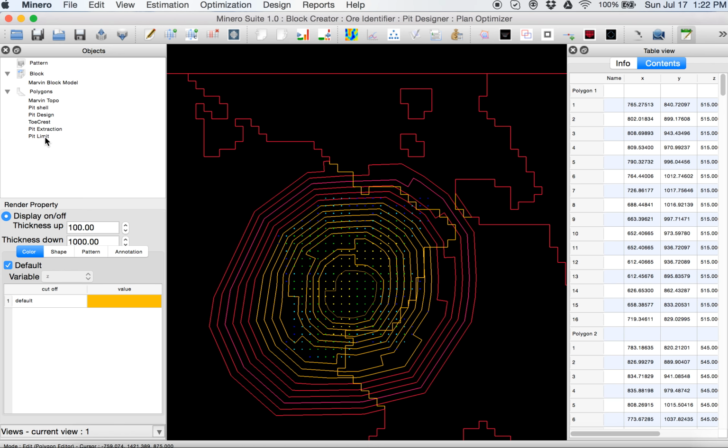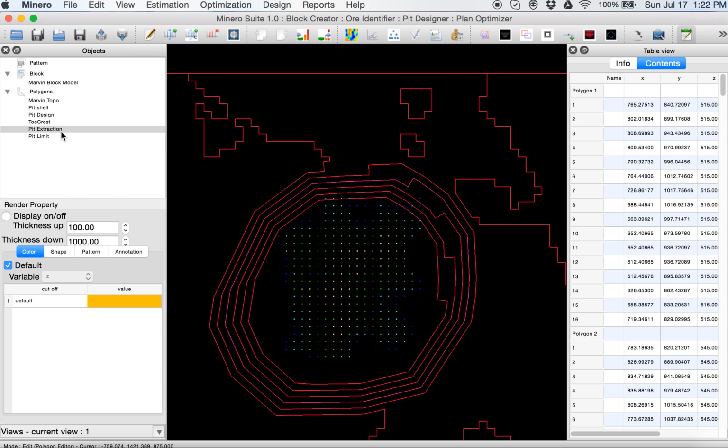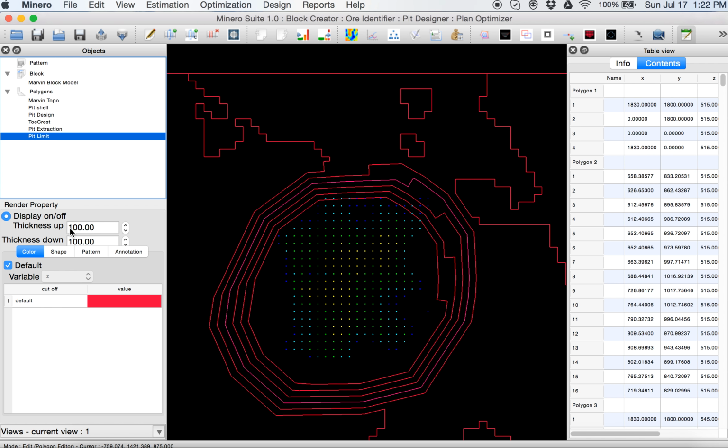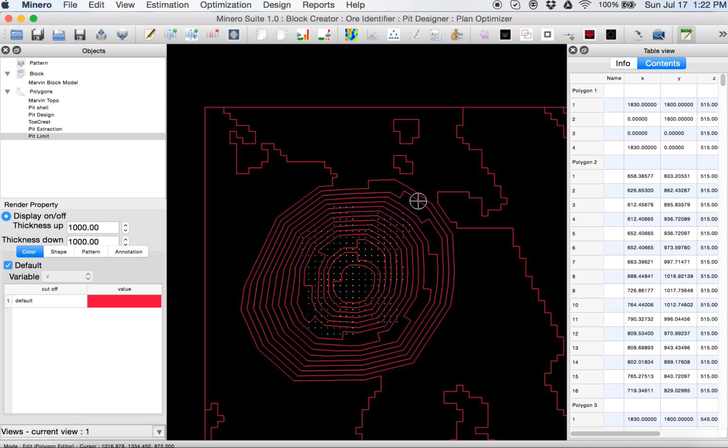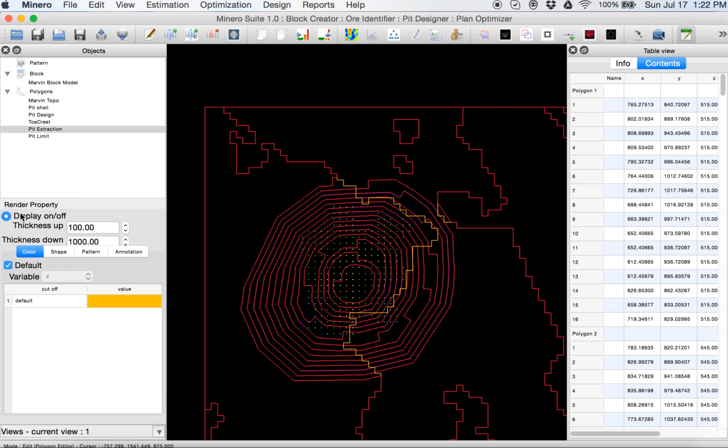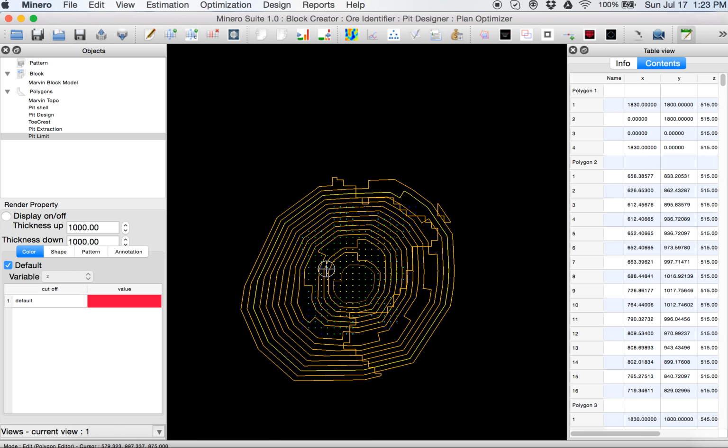So a new polygon object was generated of this pit design here. So this is the pit design, right? So this is the pit limit, let's say. So we got the pit extraction, which is there. We got the pit limits there as well.